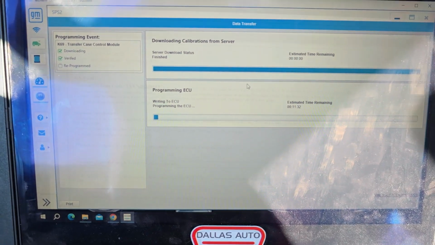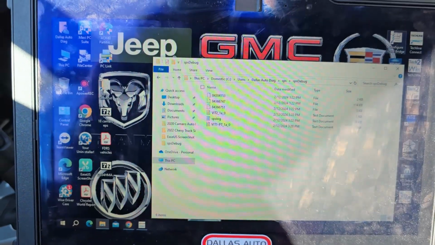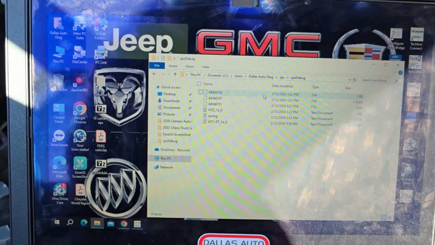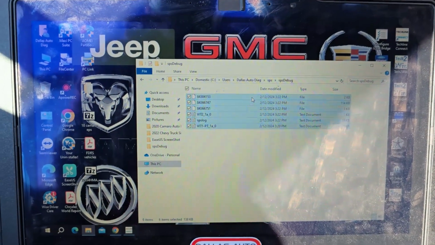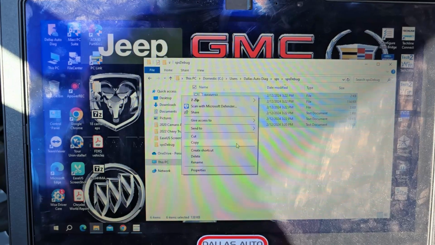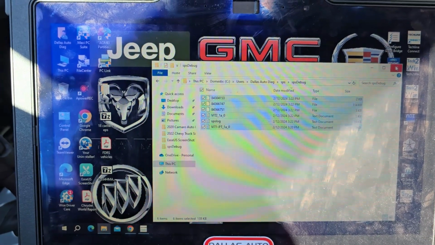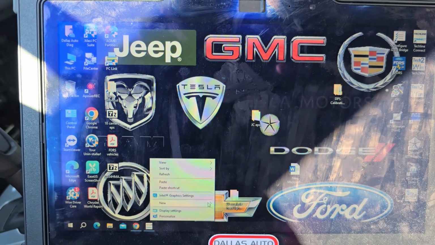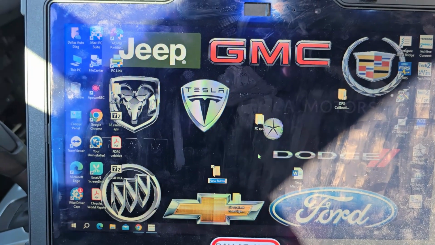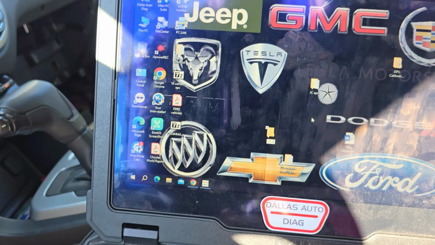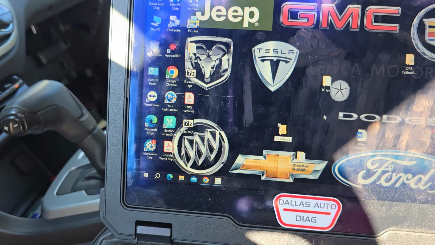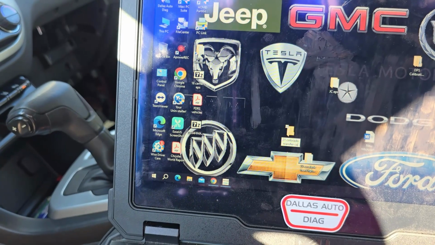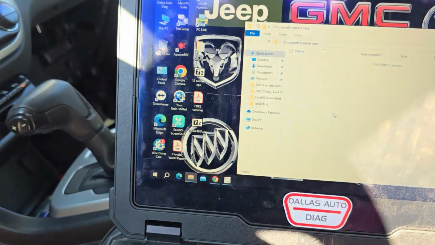Okay, this is a good sign. Programming done, and I like to save those files that we just downloaded. I'm gonna copy them and put them in a folder. 21 Colorado transfer case control module. Colorado transfer case. Put them here